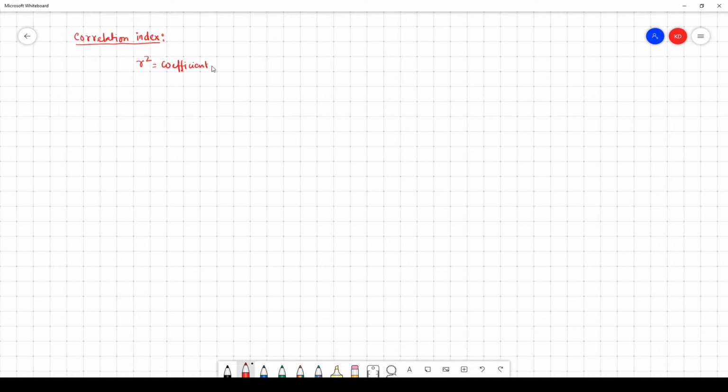R square equal to coefficient of determination, which is nothing but a variance of, yes, Srijan, good evening. Variance of y hat by variance of y, where y hat is a predicted value of y,